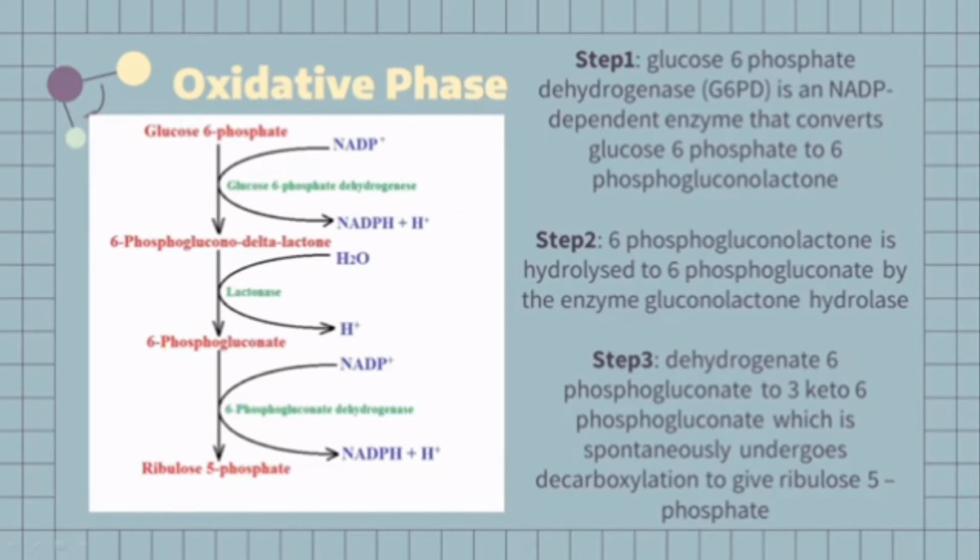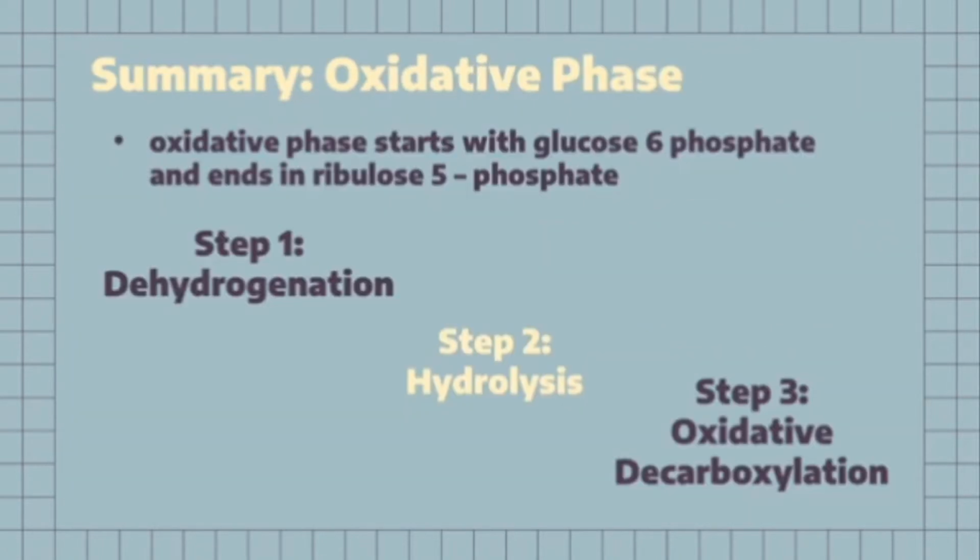So the two most important products from this process are the ribose 5-phosphate sugar, because this is used to make DNA and RNA, and the NADPH molecules, which help with building other molecules. So, to sum it up, the oxidative phase starts with glucose 6-phosphate and ends in ribulose 5-phosphate. First is dehydrogenation: the hydroxyl group on carbon 1 of glucose 6-phosphate turns into a carbonyl, generating a lactone, and in the process, NADPH